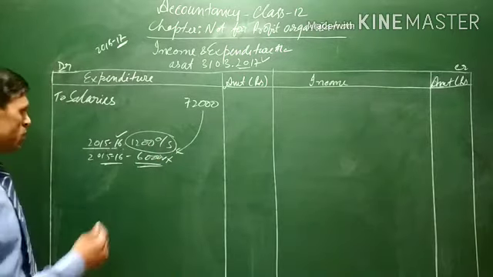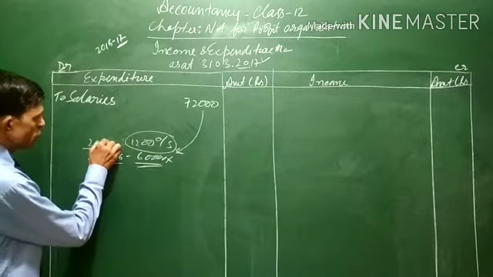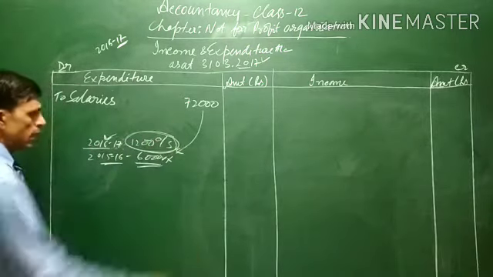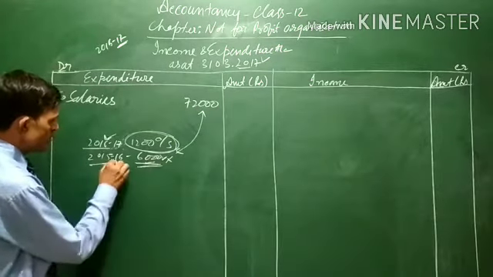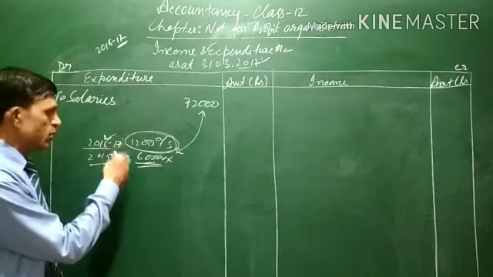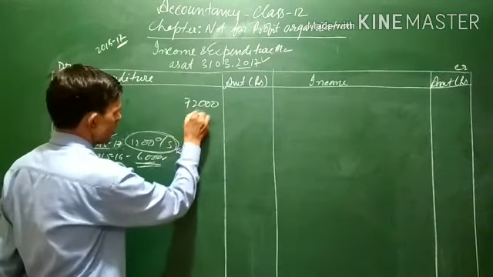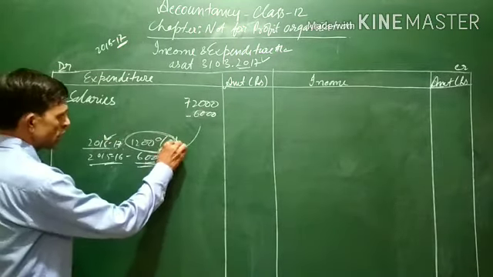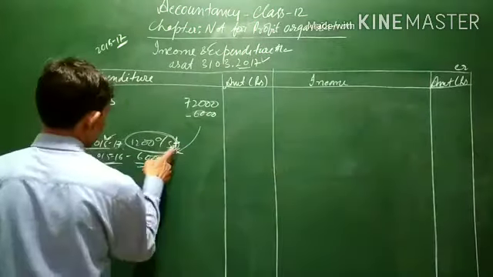So we can come to the conclusion that this year should actually have been 2016-17. This means the 1,200 is the outstanding salary for the current year, and out of the total salary paid, 6,000 is related with the previous year. Since this 6,000 is related with the previous year, it will be deducted, and the outstanding salary of the current year will be added, because this 1,200 is related with the current year.